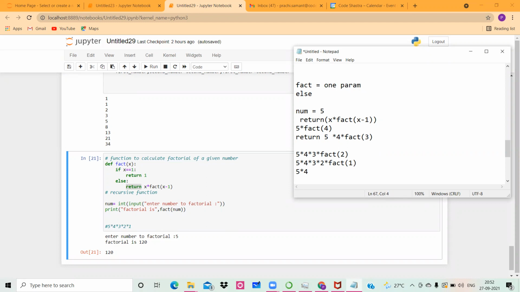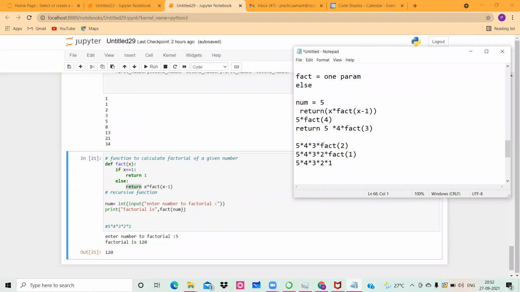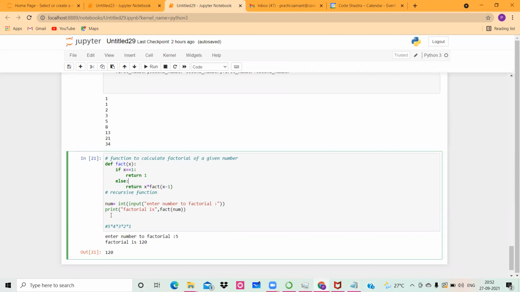So the final expression would be 5 into 4 into 3 into 2 into fact of 1, and the value of fact of 1 is obviously 1. 5 4s are 20, 20 3s are 60, 60 2s are 120, 120 into 1 is equal to 120. That's the reason it will return the result 120.